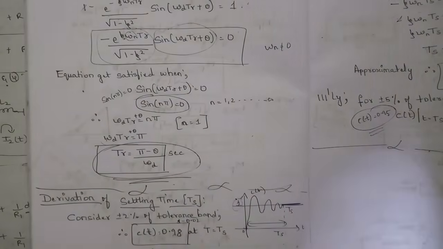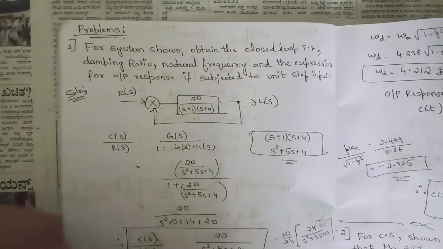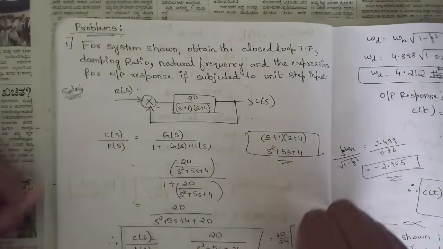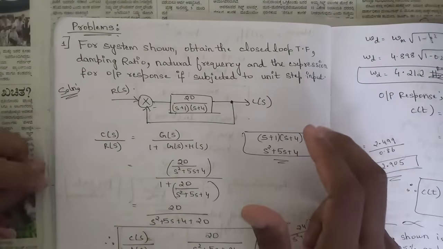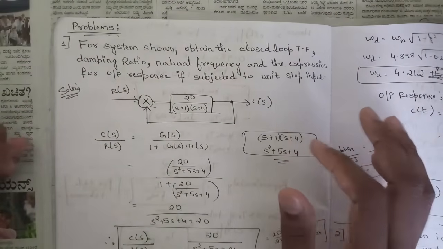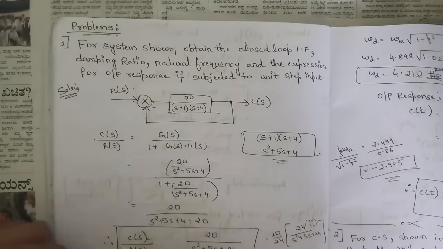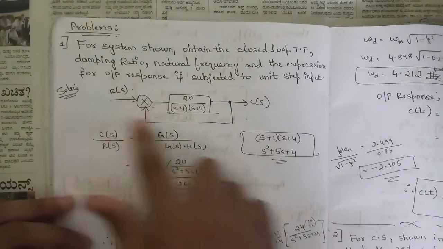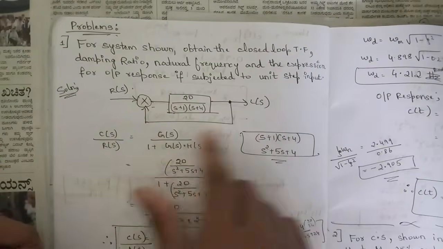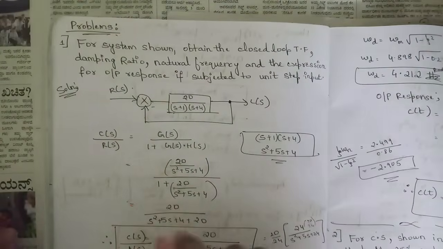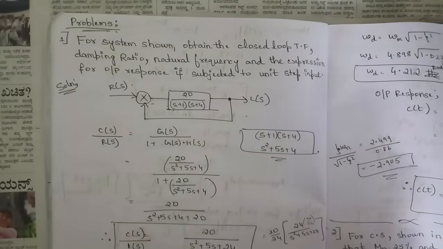Okay, yeah. And also one question related to finding all the time domain specifications, that is rise time, peak time, delay time, settling time, peak overshoot, all of them using their formulas, direct substitution they would be asking. First they would be giving you either one simple block diagram with some minor loop like this. Okay, for that you should be writing the transfer function and obtaining it first, or else they would be giving the transfer function directly in the question itself. Okay, using that you should be finding all the time domain specifications, that is